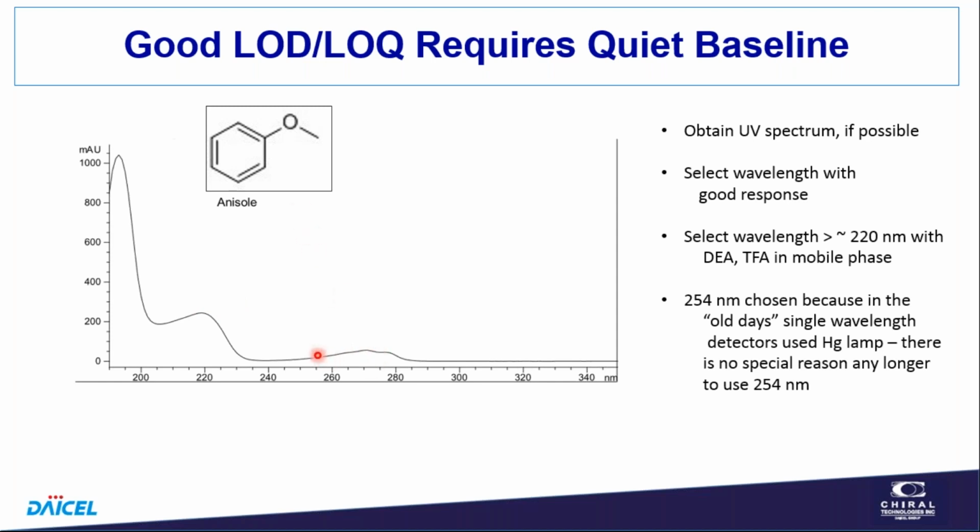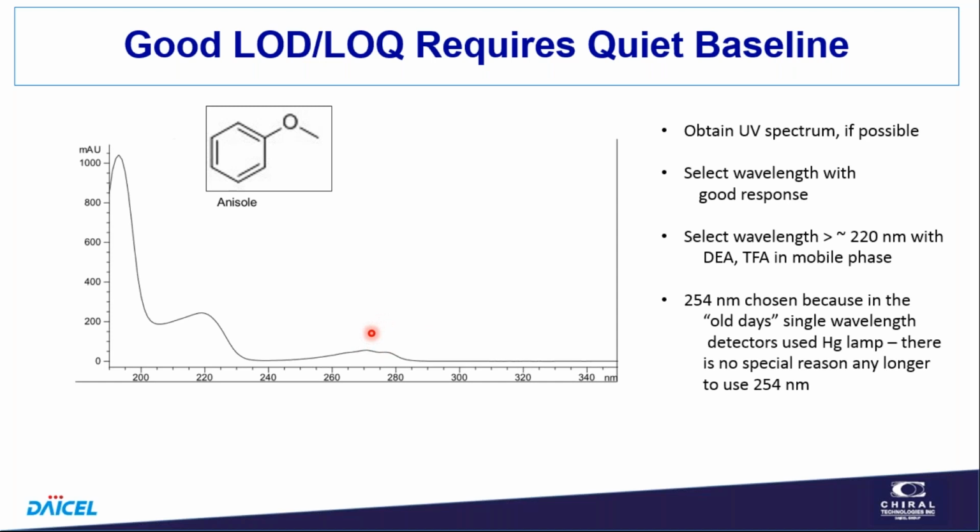Notice in aromatic compounds, we often see somewhere in here some absorbance by aromatic compounds. So if you have a lot of impurities that are aliphatic, and you just want to focus on the aromatic compounds, you might want to use this. But I think you should get a UV spectrum, so you deliberately choose a wavelength.